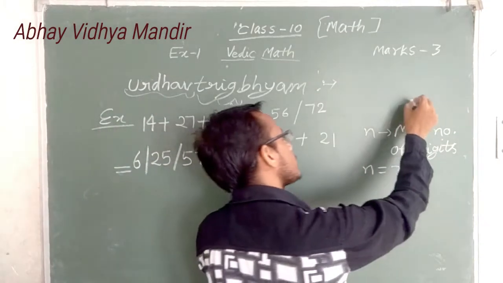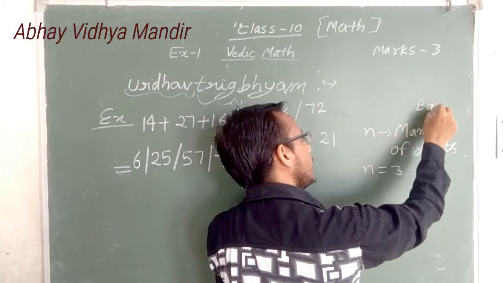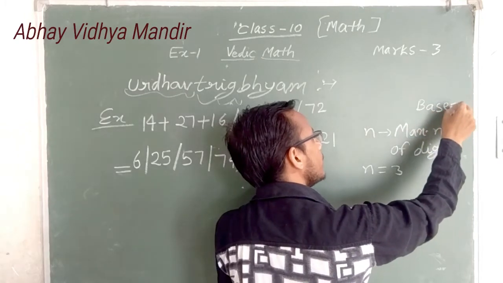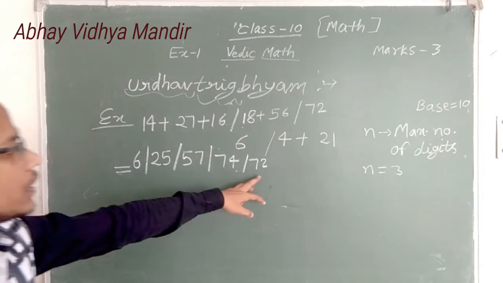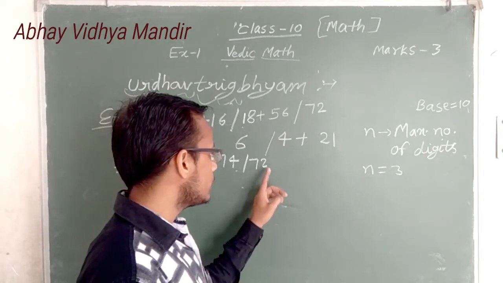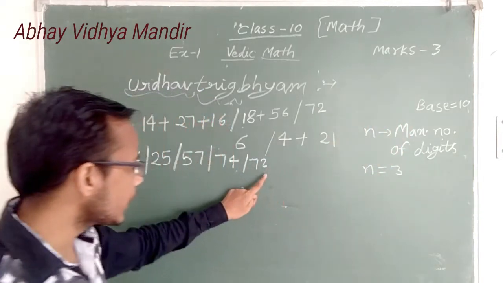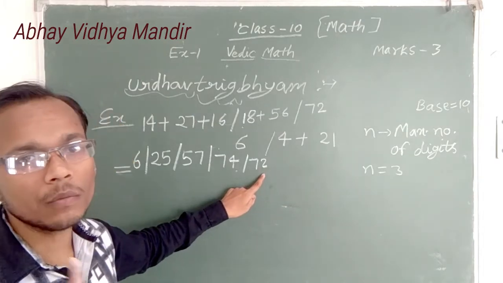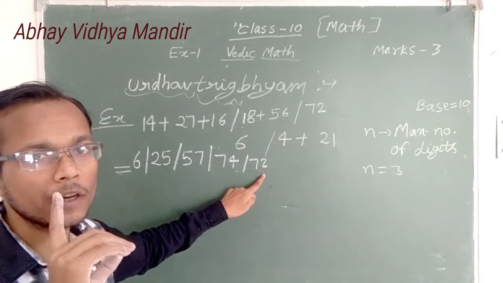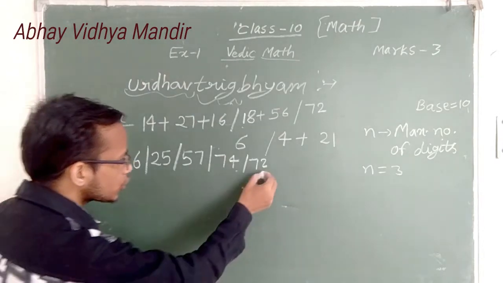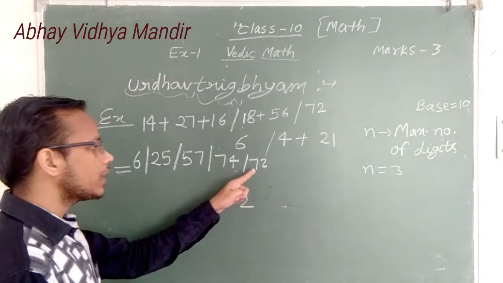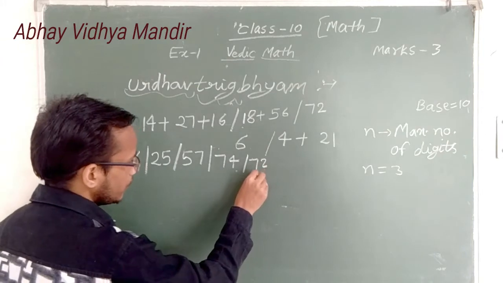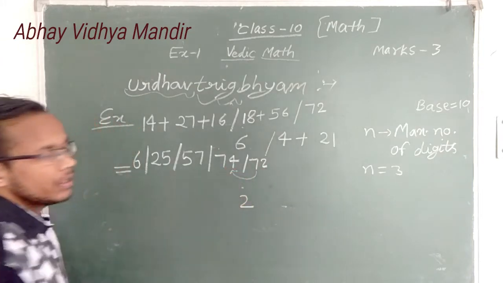First, always in Urdu Trivium, the base is 10. What is the base? Base 10. So when the base is 10, we will take only a single digit. First, take the unit digit, so the first unit digit is 2. The next digit will carry to the next number, so it will be added here.